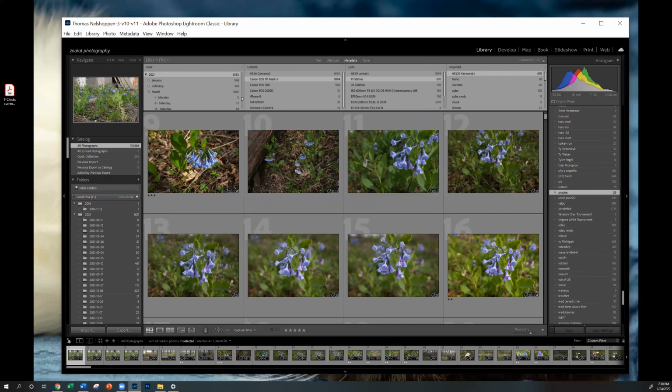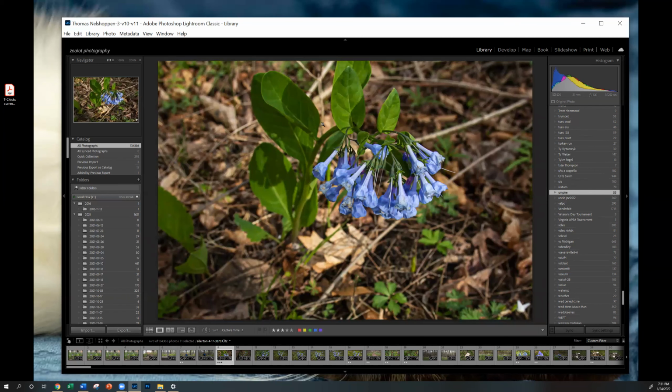One of the last things I want to talk about is exporting photographs, and I actually did some research on this before this, and I actually learned a lot. Let's just pick this bluebell photograph here, and when you click export,